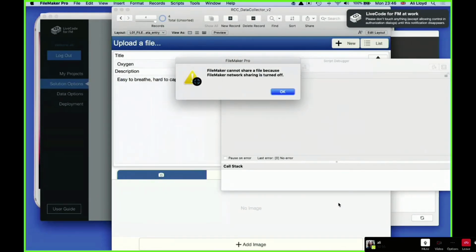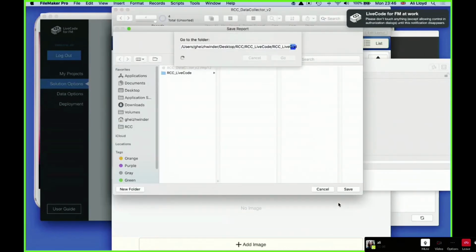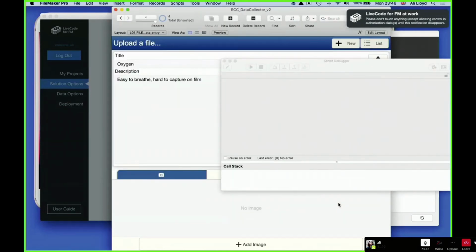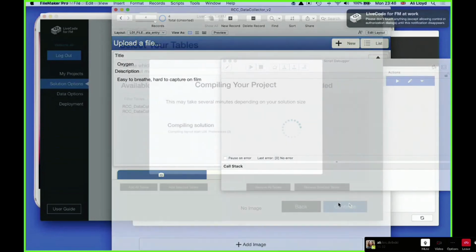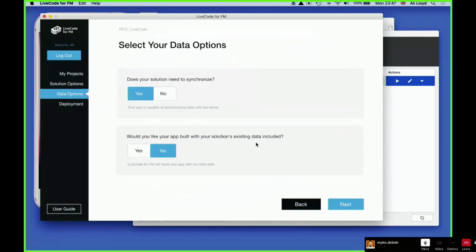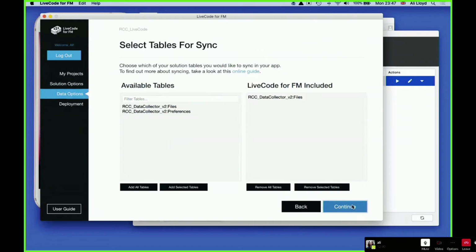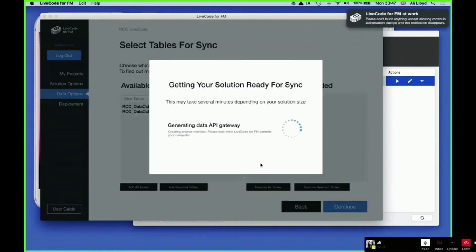So LiveCode for FM will re-export it. Chances are, if you opened it and did something to the local copy, then you might want to rebuild anyway. Okay, we still want to synchronize, and we still don't want any data included. Continue.